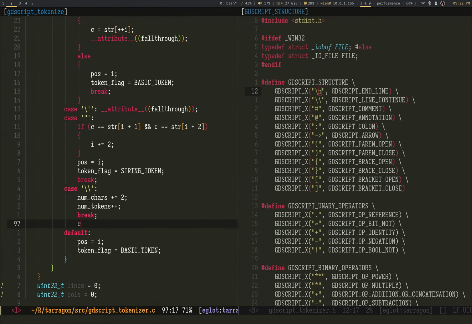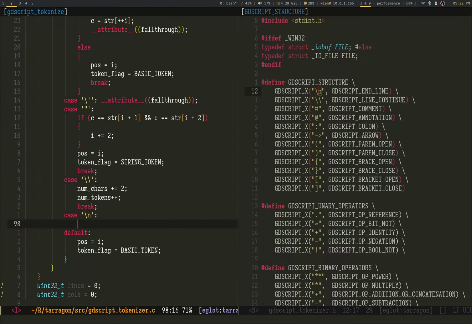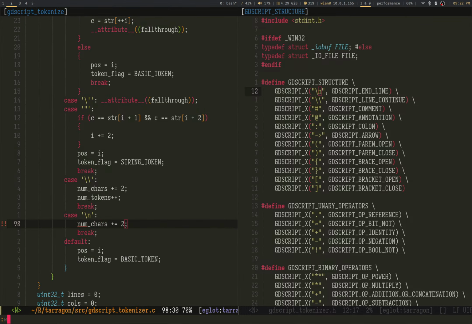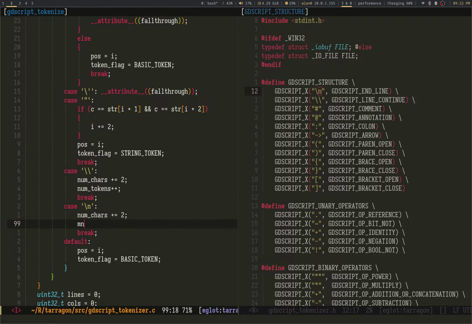And here's something cool. It's case break, num cars plus 2, num tokens plus.